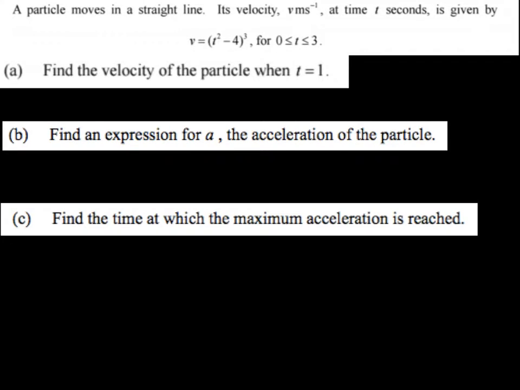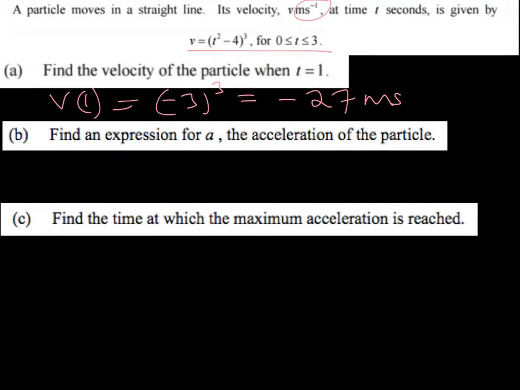Question 8 is on kinematics, and in part A we're asked to find the velocity of a particle whose velocity is given with this function here. So we're asked to find the velocity of the particle when t equals 1. So that is just v of 1. If we substitute in, we're going to have 1 squared minus 4, so negative 3 cubed, and that is going to give us negative